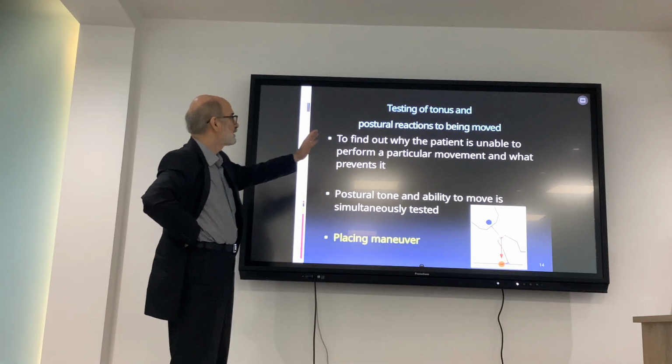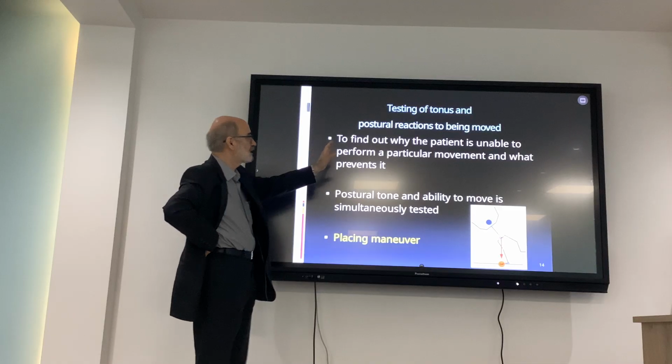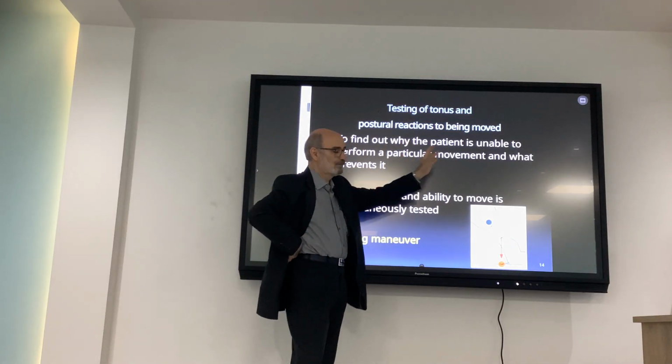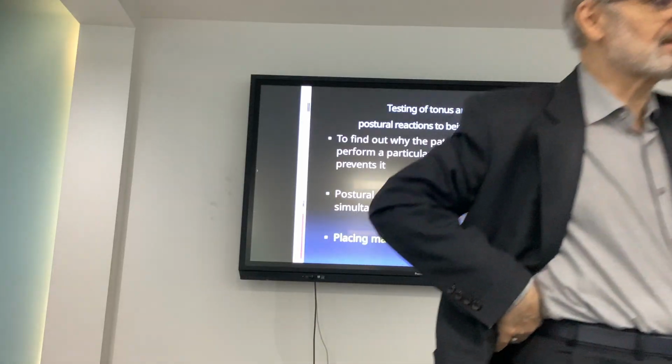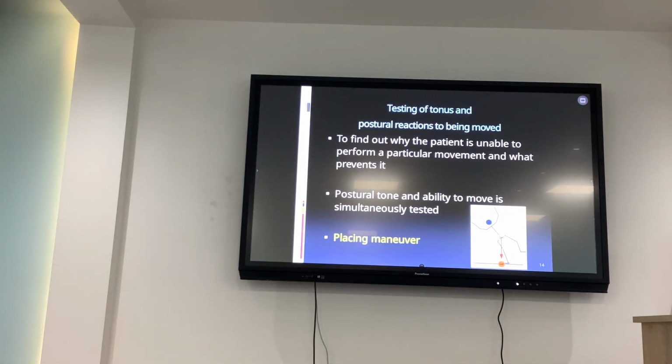When testing postural tonus, why is the limb being moved? For example, the left side is affected. I move the affected upper limb in flexion and in extension. In this way, I assess the postural tonus of the